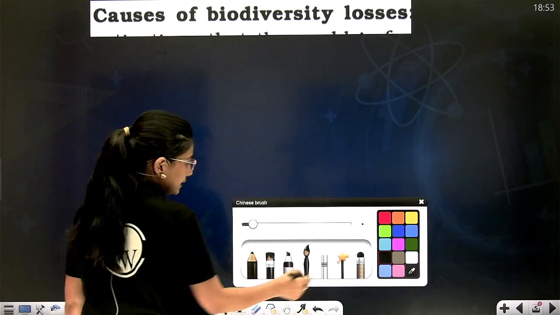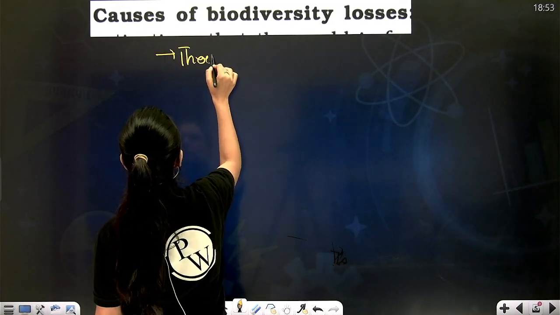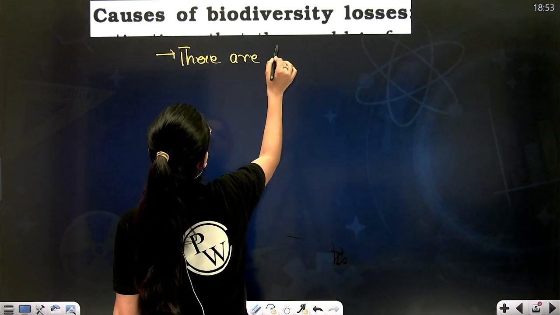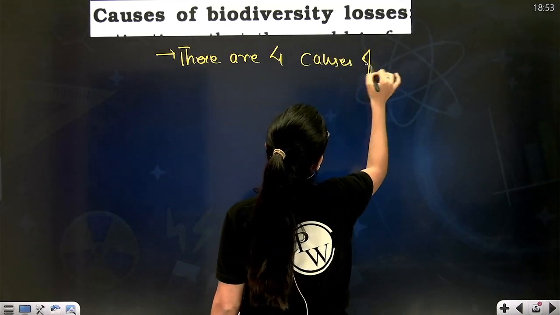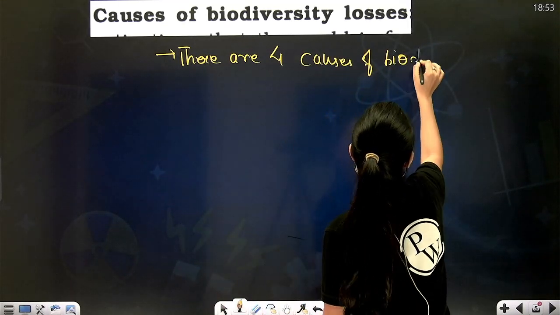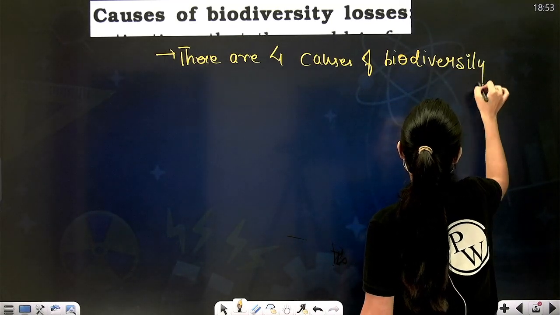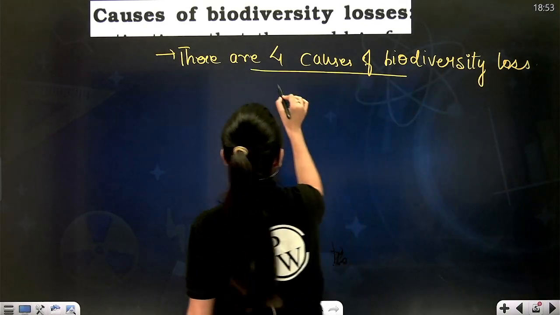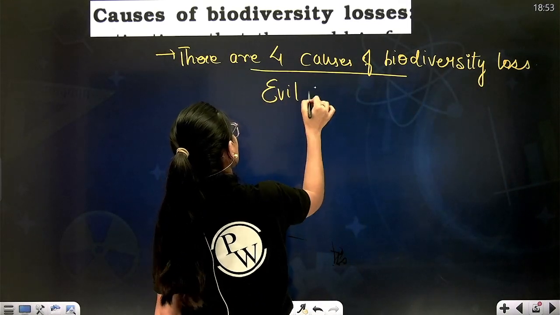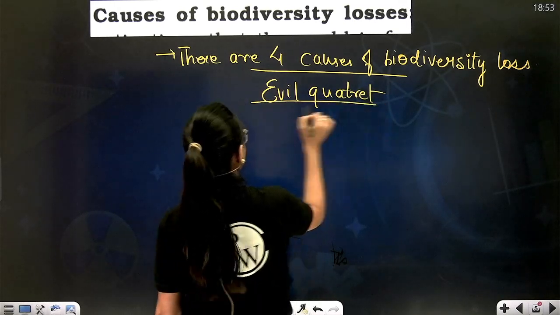There are basically 4 causes of biodiversity loss, together called the evil quartet, and those 4 in sequence are: